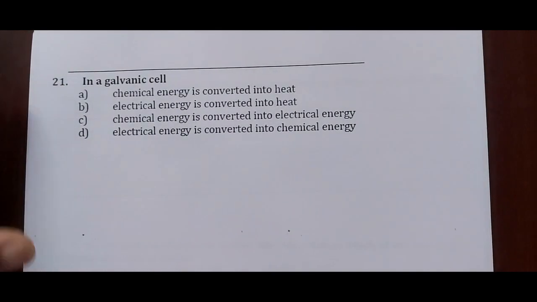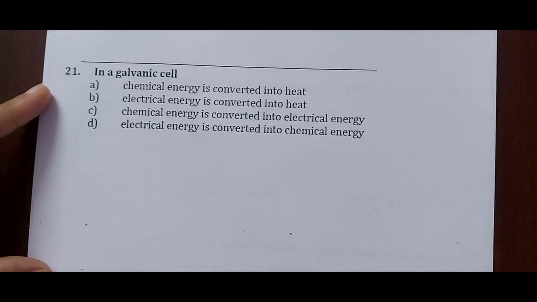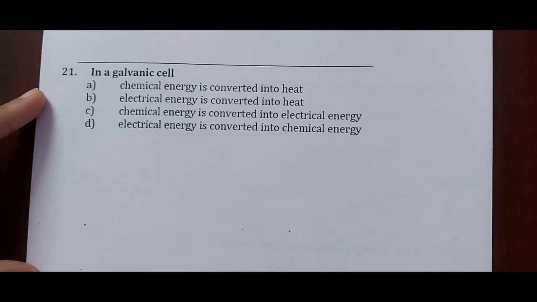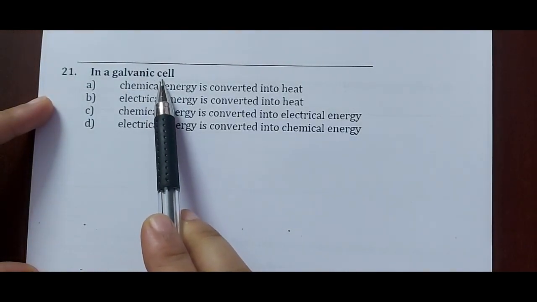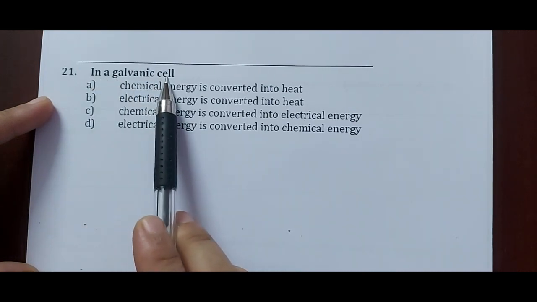Hello dear students, in the previous video we discussed the MCQ questions of electrochemistry. In this video we will be discussing the remaining questions. So here, question number 21 is given as: in a galvanic cell,